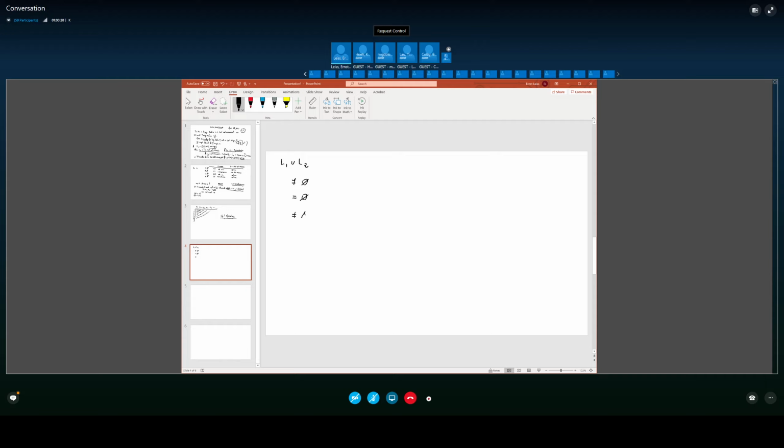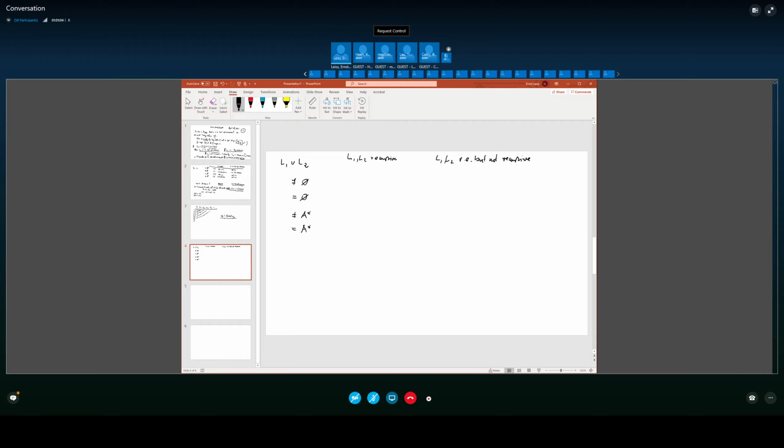Is it not equal to A star? Or is it equal to A star? And so what if L1 and L2 are recursive? And what if L1 and L2 are RE, but not recursive? So if L1 and L2 are recursive,